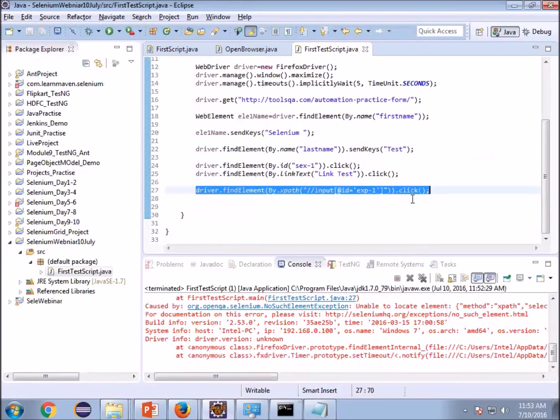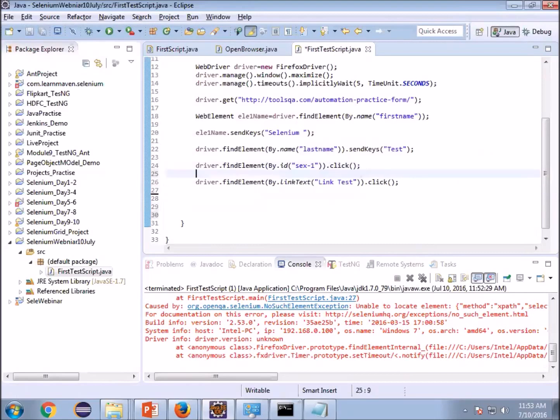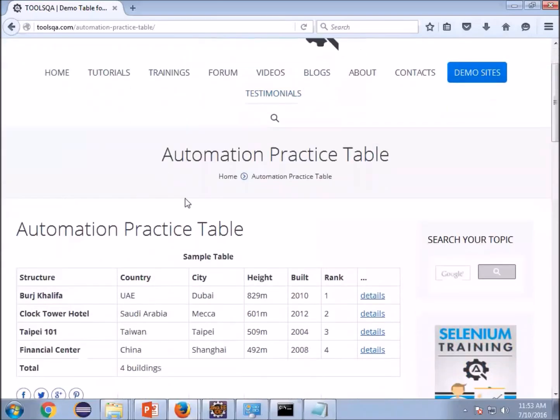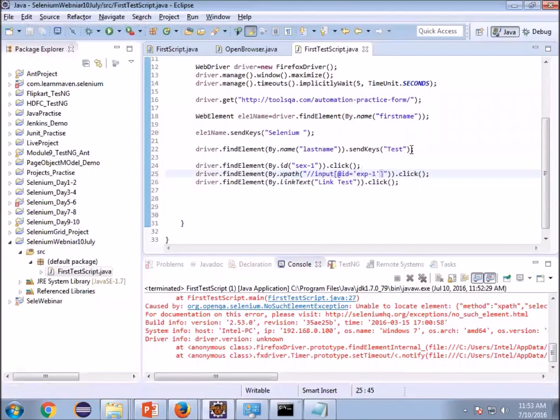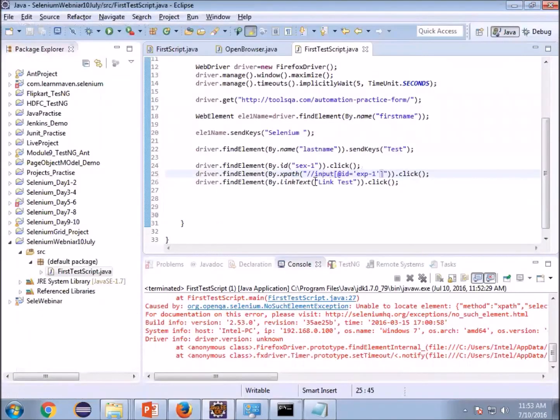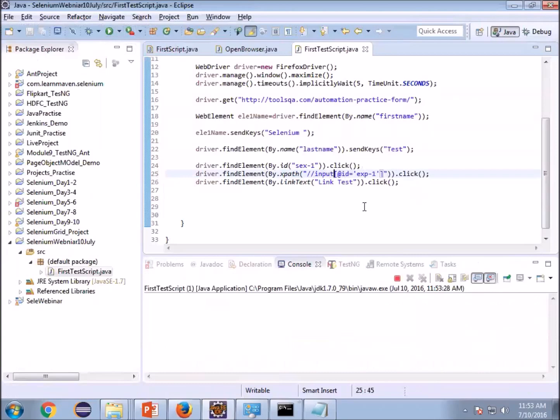I should have written it here, here input. That's why it has given me an error, because it has come to another page where the automation or XPath of this is not available, or that web element is not present on this web page. Now I will run it. It will click on the experience radio button.